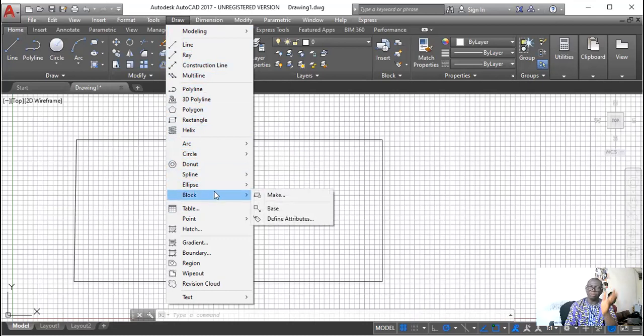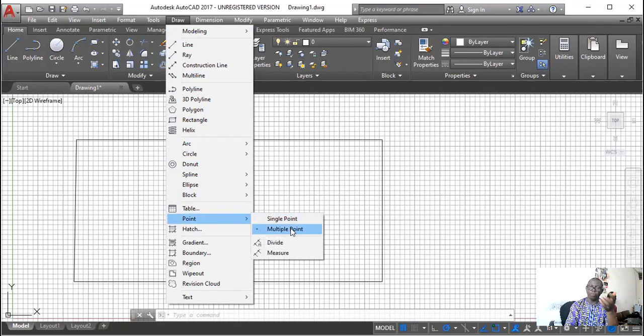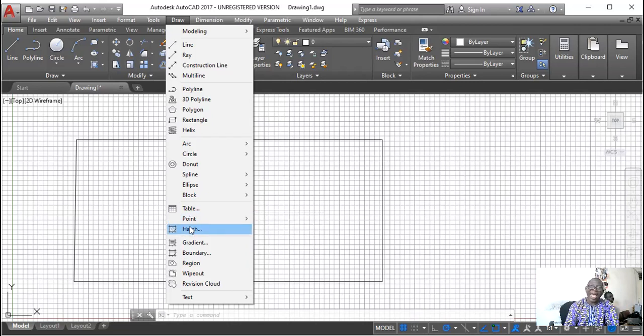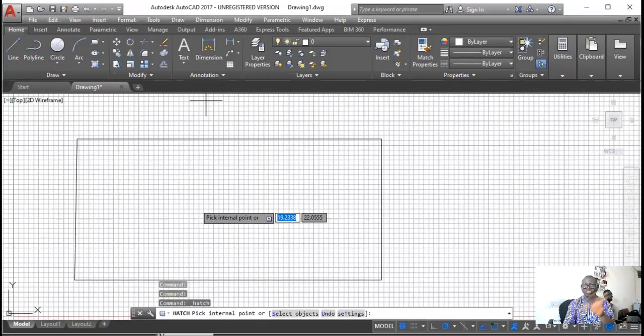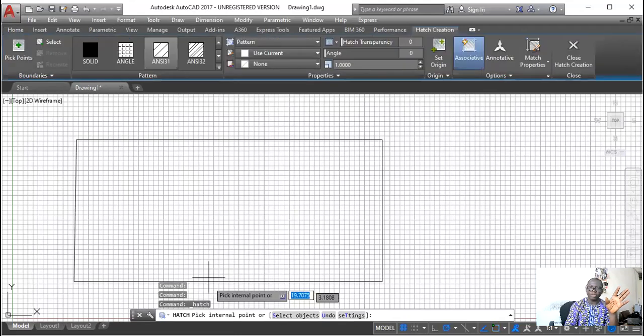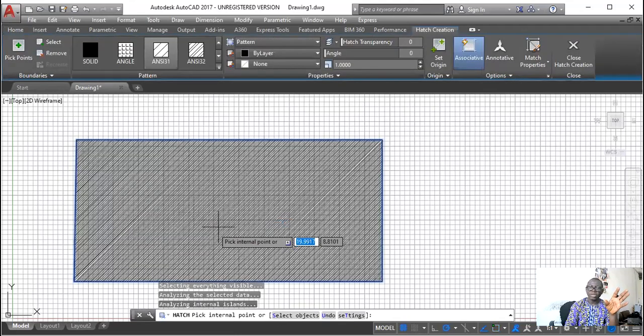We can make blocks that we can use in our drawing. Tables, we can insert tables. Point style, we can create single point style, multiple points. We can use it to divide and to measure lines, on the lines that we want to divide. I mean, to measure distances on our lines, and we divide it. And we can hatch our drawing. I can pick a point here, and I